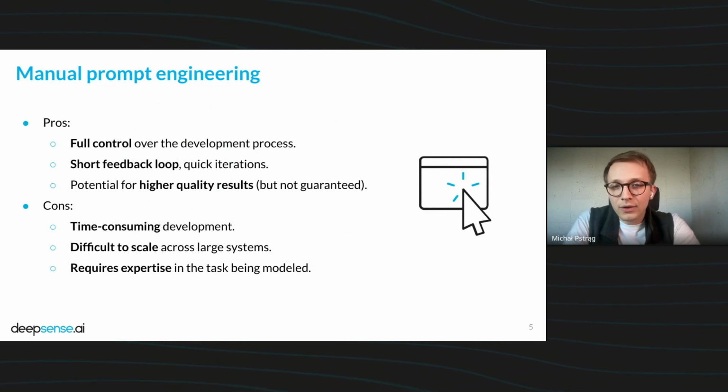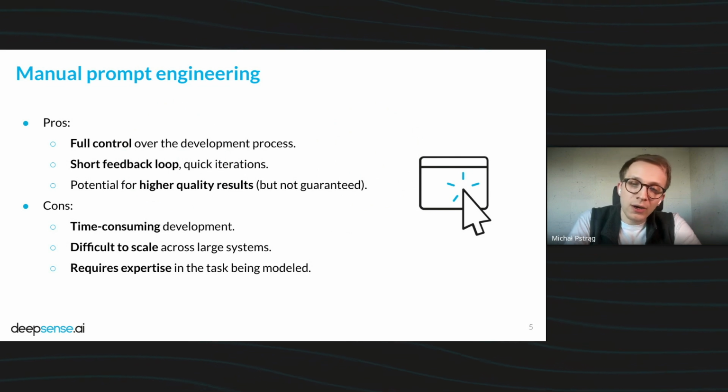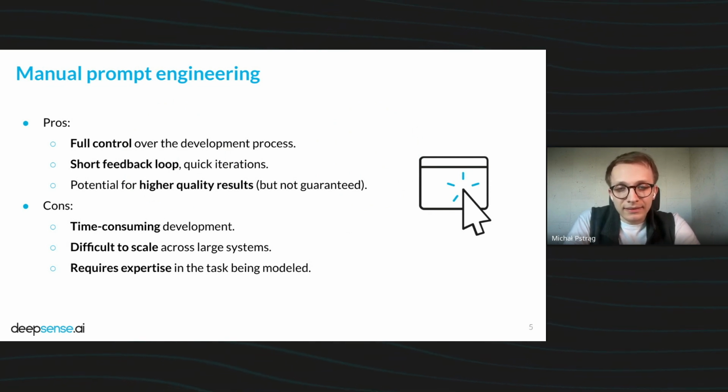When it comes to manual prompt engineering, you have full control of the development process because you know exactly how the prompt is going to look. There is a short feedback loop, quick iterations. You know exactly what you want to change because you wrote the whole prompt yourself. There is a potential for high quality results. If you have the right domain knowledge, you can model the language model in a way to serve you, but